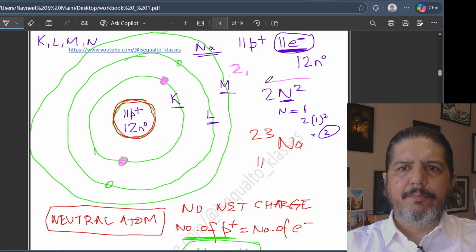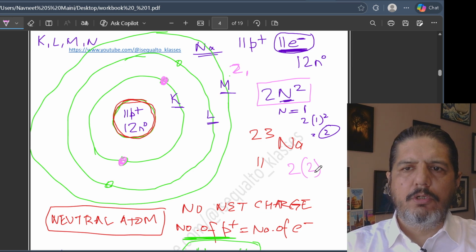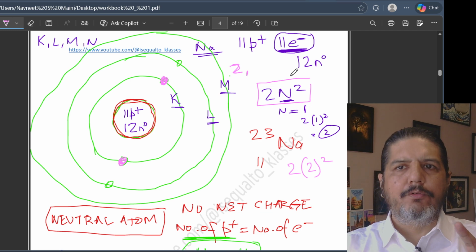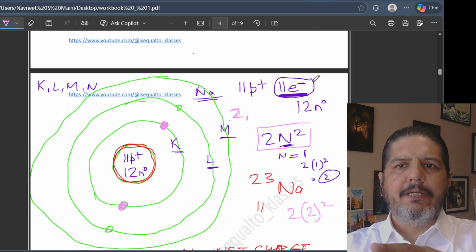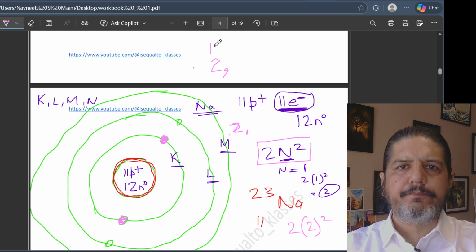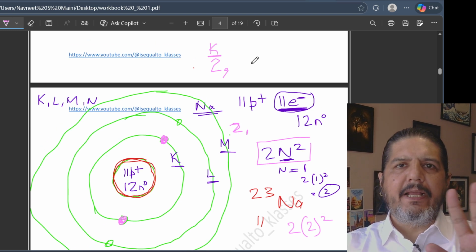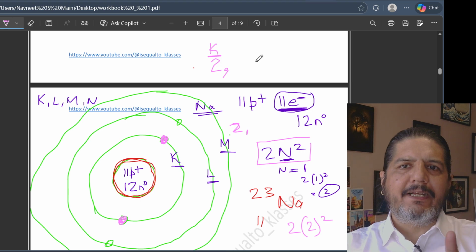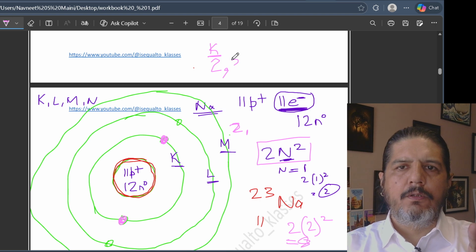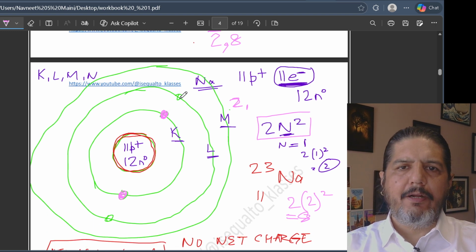Again, the formula that Mr. Bohr gave was 2n square, and in the second shell, n is equal to 2. So if I solve this, 2 twos are 4, 4 twos are 8. So in the second shell, I have to put 8 electrons. Why? I have 11 electrons that have to be put. I have put 2 electrons in the first shell, which is the K shell. I have 9 more electrons to go. But in the second shell, I can put only 8 electrons. So these 8 electrons would have to be put in the